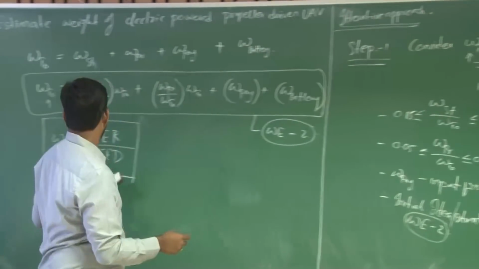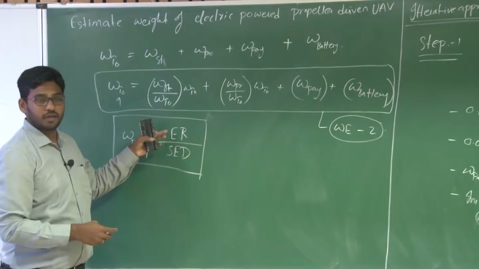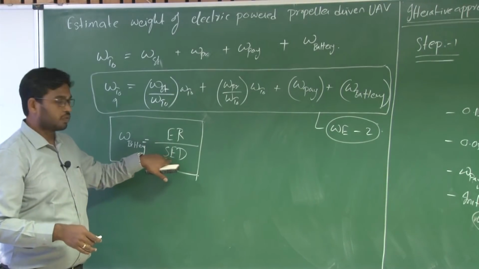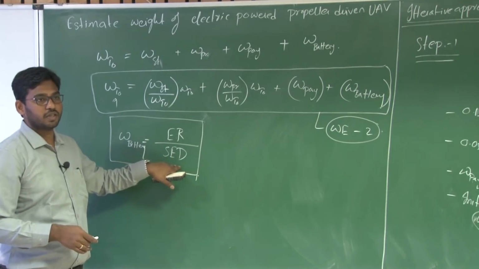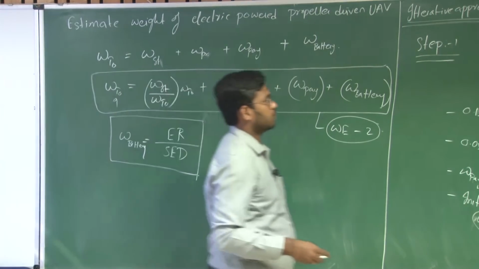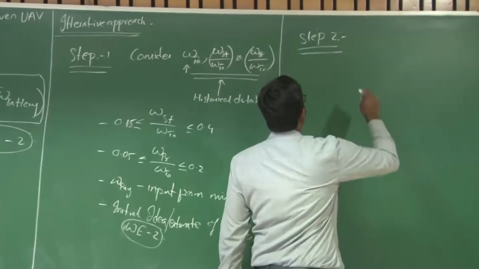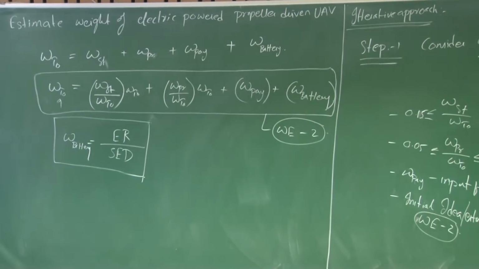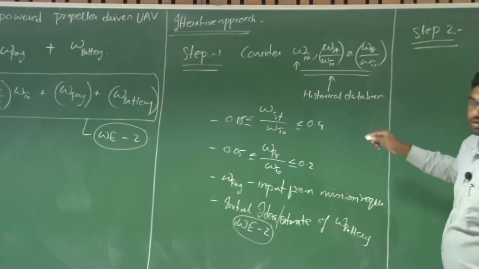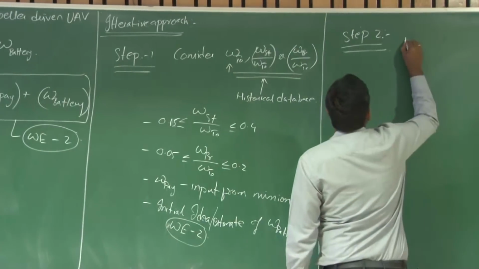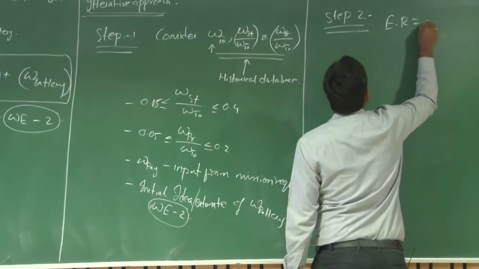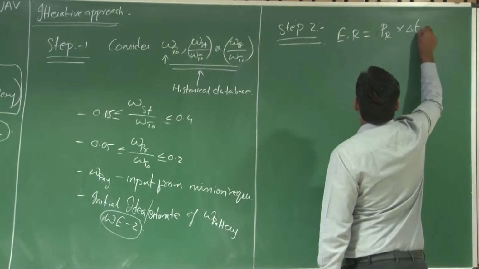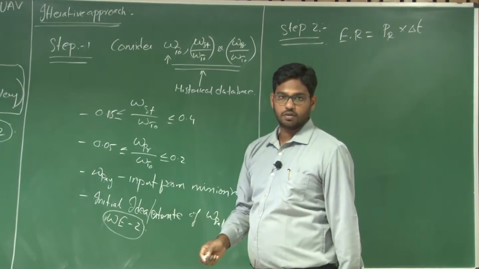The same procedure: we need to know what is the energy required for this particular new mission, and you should know what is the corresponding specific energy density of the battery. So how do we proceed? The major consumption of this energy is during the cruise that we have witnessed. So let us start with the cruise, right? So what is energy required? It's power required times delta T, the time of flight during cruise, right?